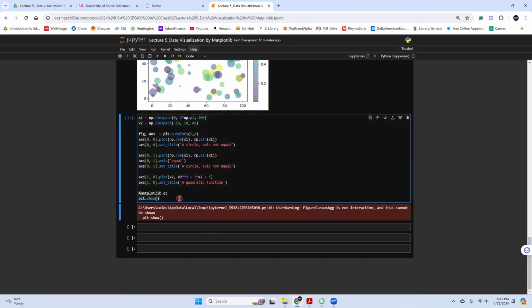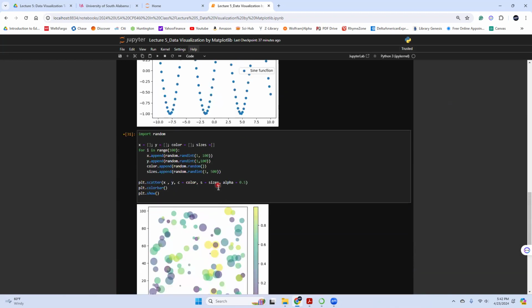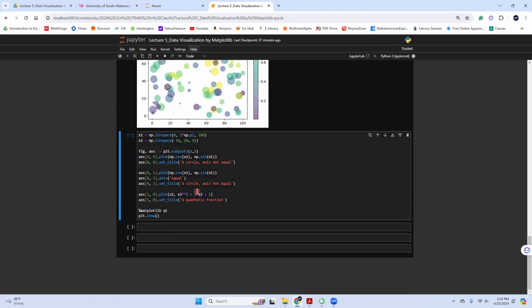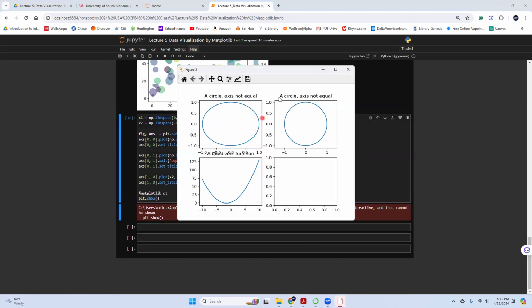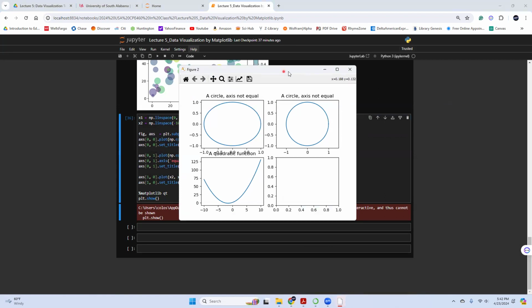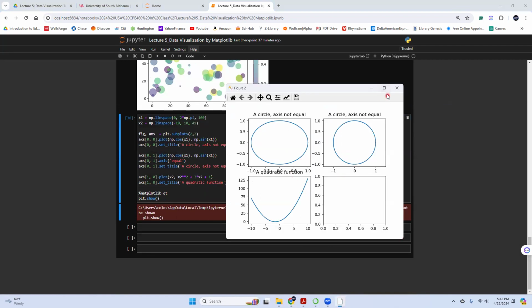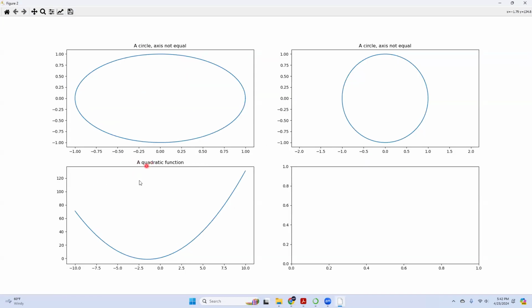What's wrong? If and thus cannot be shown. Why not active? Oh, here we go. It's already here. You see? So here I get a GUI window, so we can just make it bigger,